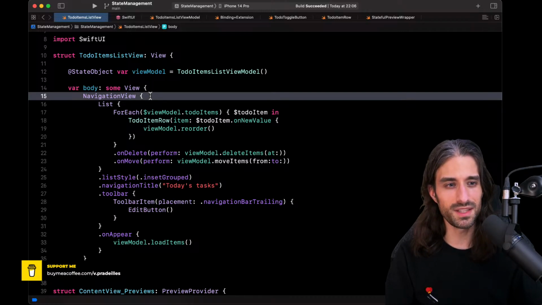I can name them so that if you want to look them up in advance, you can. There are two of them. There is the environment, which allows us to pass data from a parent view to a child view without explicitly passing an argument through the init. And there are the preference keys, which allow us to make data bubble up from a child view to a parent view, also without explicitly passing a binding through an init.